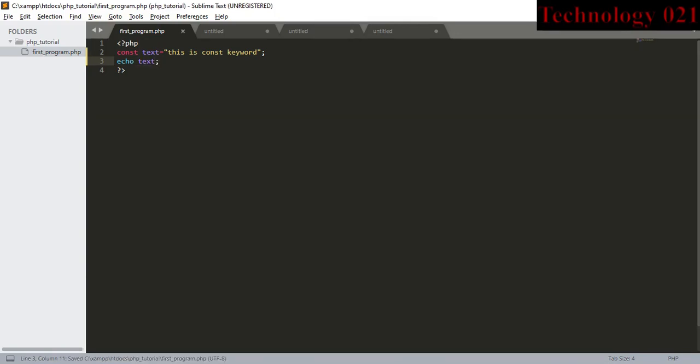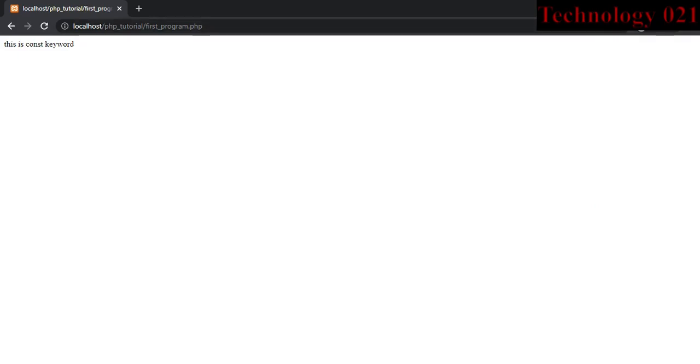So let's see its output. It should print this is const keyword. As expected, the value of constant text is, this is const keyword.